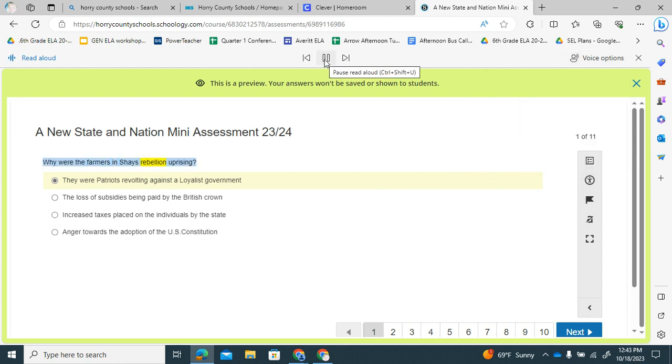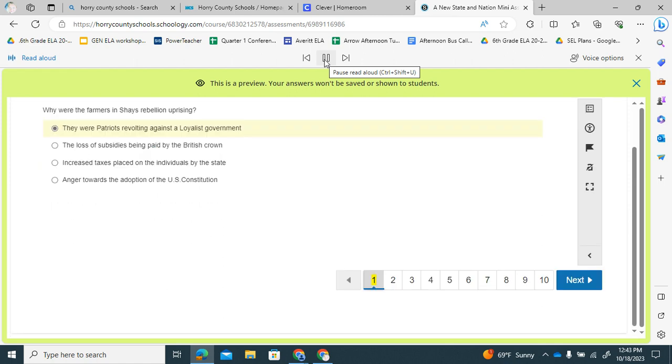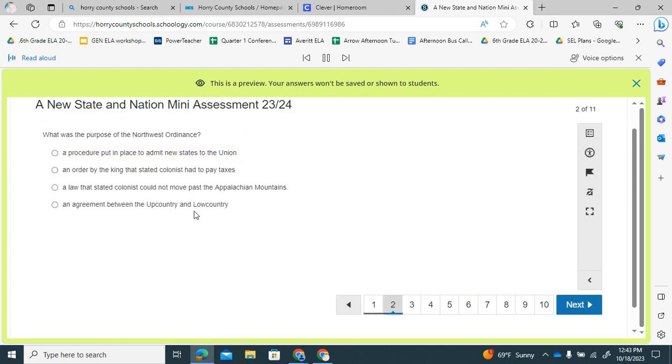Farmers in Shays Rebellion Uprising. 1, 2, 3, 4. So we're going to go to 5, question 2 and see 6, if they'll start reading